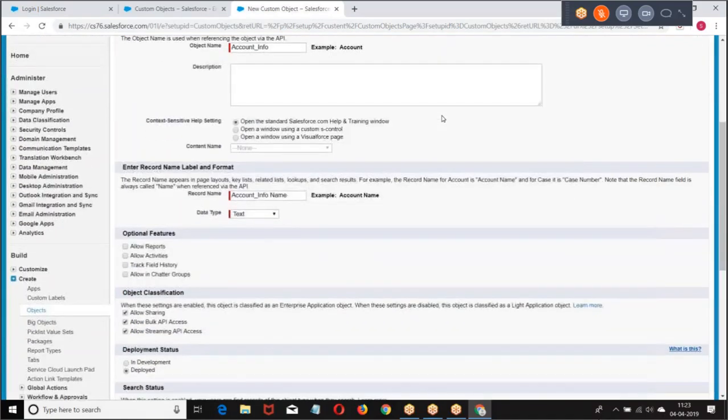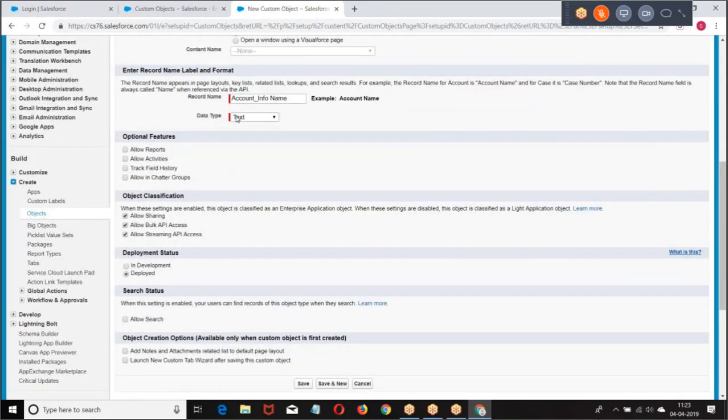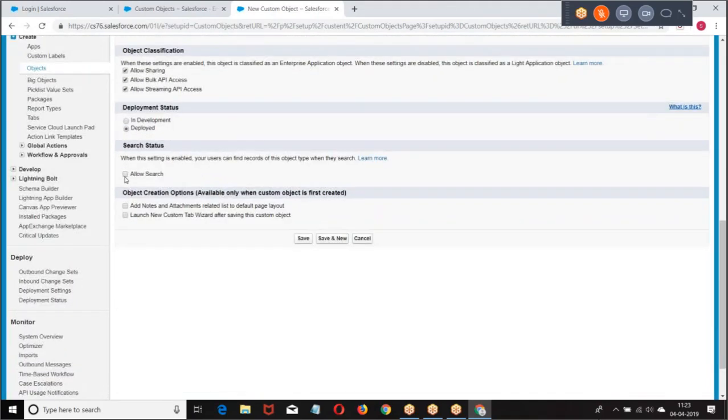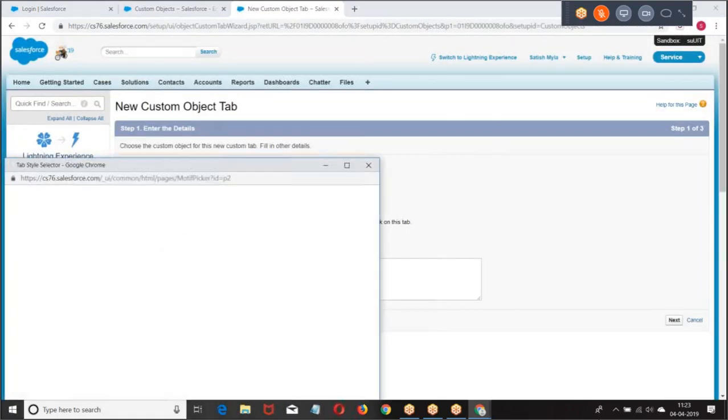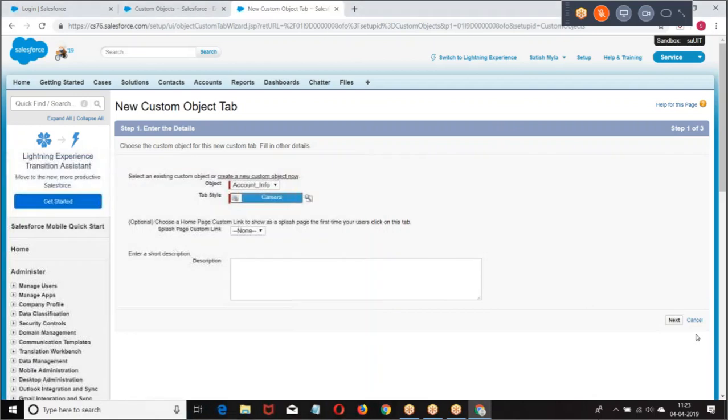Creating an object, account info. Now, choose what you require. Then I have the name. What are the things you want to enable? Enable. All these things I'm doing on the sandbox. I'm creating an object, I'm creating a tab.